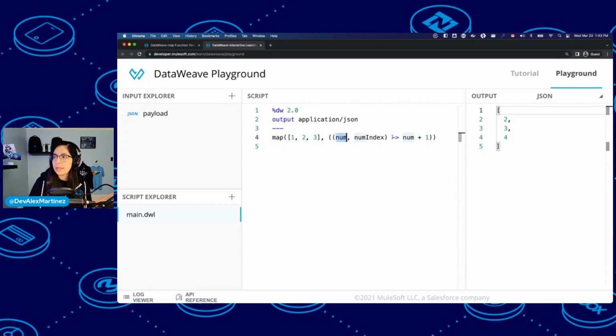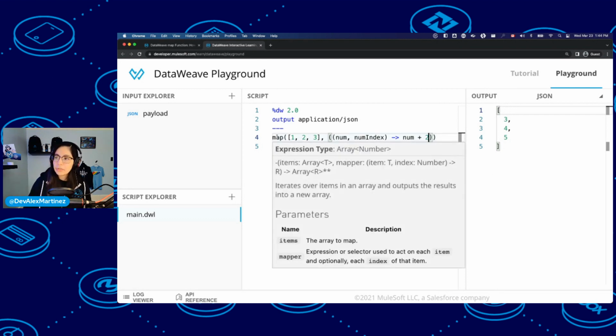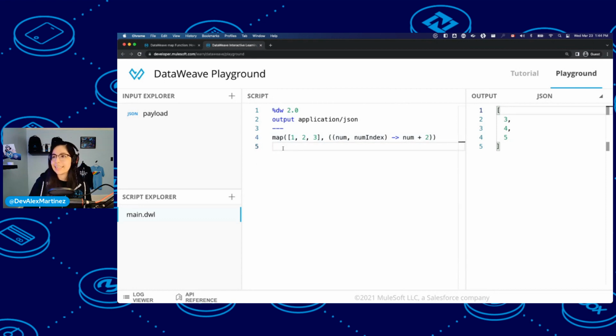And then here we have the lambda. So this is the type of the item, which is a number. And this will always be a number because it's the index of each item. And then with that information, what we do is just add 1 to the number that we already have. So we end up with 2, 3, 4 when our input array was 1, 2, 3. If we want to add 2, we end up with 3, 4, 5, and so on. This is just a simple case, so you can see how it works. This is a syntax that we saw in the syntax session as well.